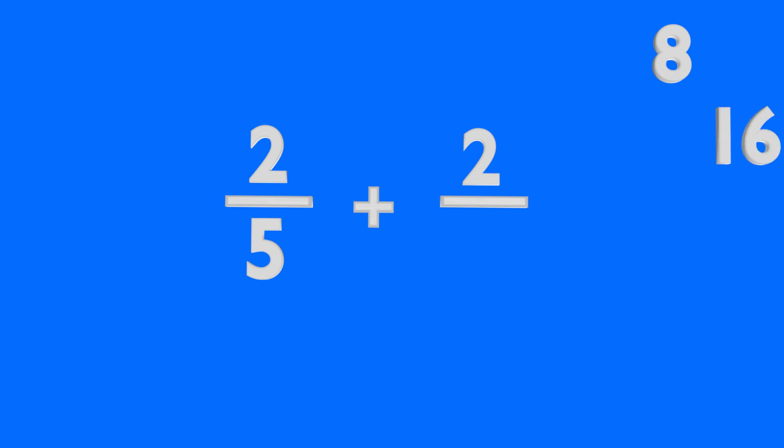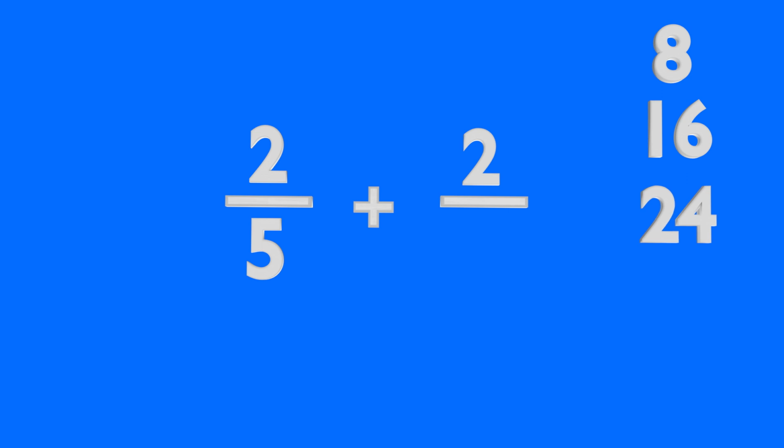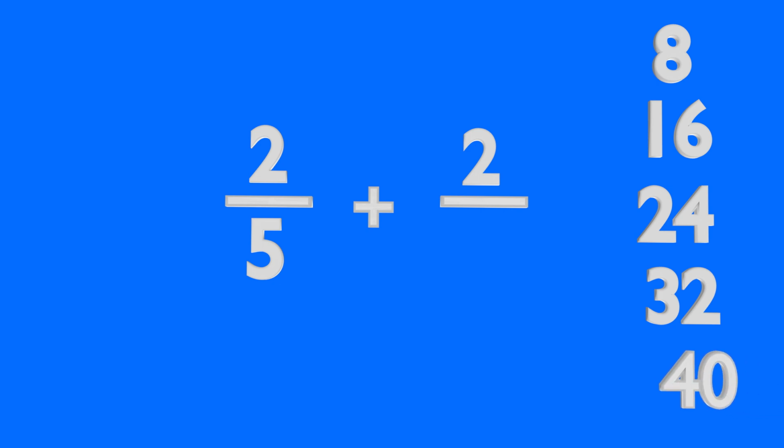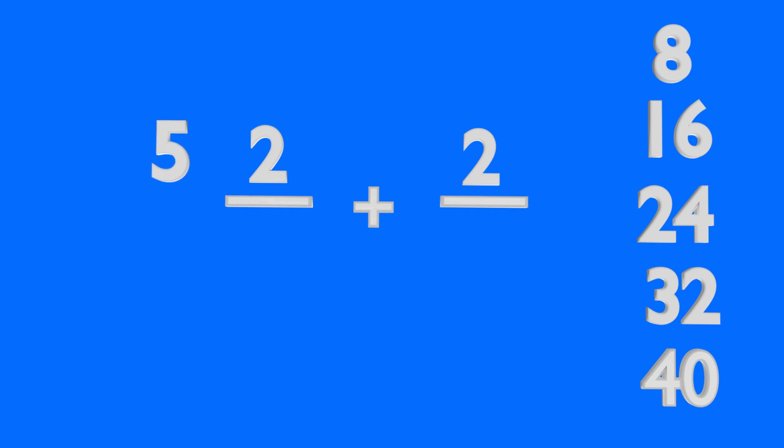8, 16, 24, 32, 40. Let's stop there and let's see if we can find a common factor if we find all the factors of 5. So we're going to count by 5 to find different factors and see if we can find a common one. So 5, 10,